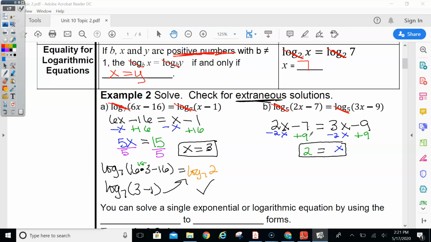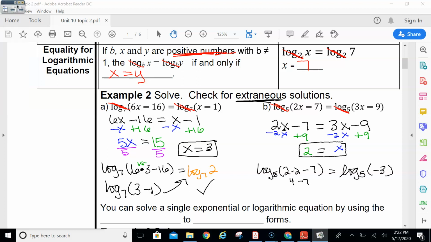But they got to be a positive number. Here, when we plug 2 into x, log base 5 of 2 times 2 minus 7. 2 times 2 is 4, and 4 minus 7 is log base 5 of negative 3. So here, even though when we plug it in on the other side, we're going to get negative 3 as well, we get the same number that they're equal to, but